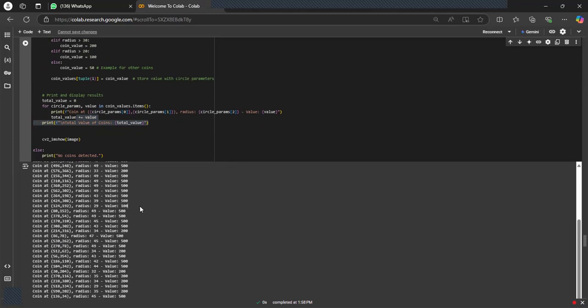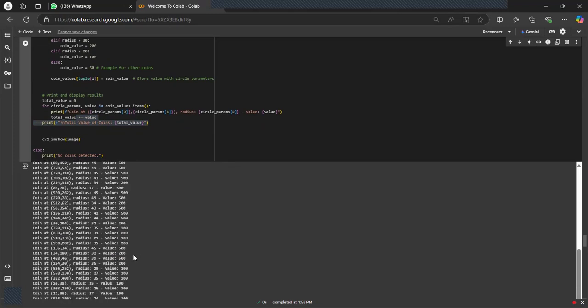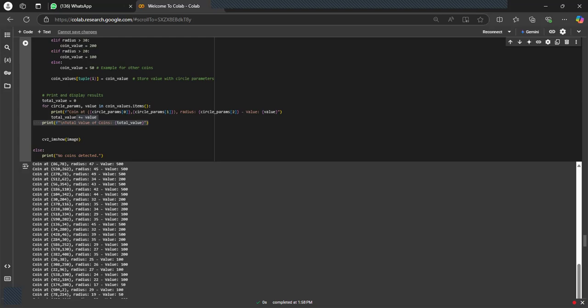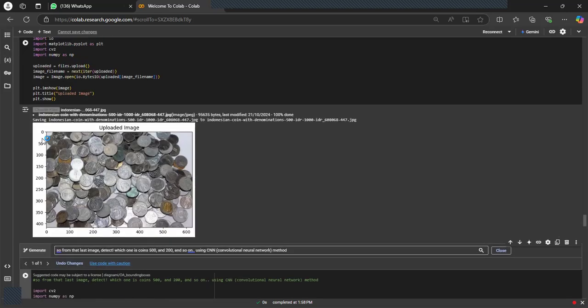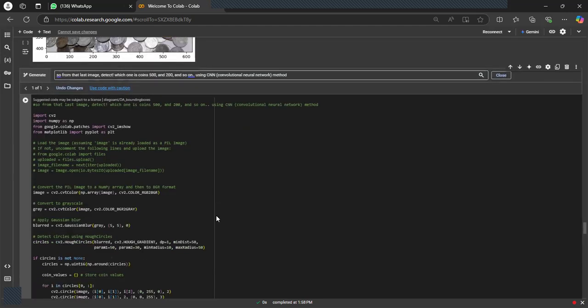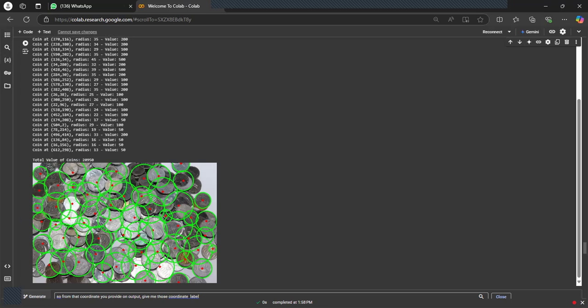This is 100 and then this we can see 200, and then this coordinate is actually referred to this coordinate. And then the total value of this coin is 20 grand. Yes, 20 grand.